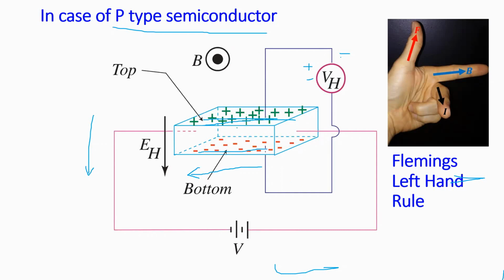क्योंकि ये पी टाइप था, तो पी टाइप में वी नो दैट more number of electron holes are there, so they align on this surface, electrons align on the other surface. So because of that, what happens, there will be some positive potential here. So from potential we know that this is a p type semiconductor.